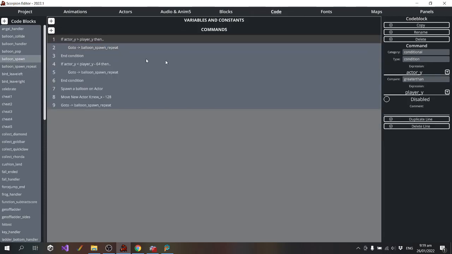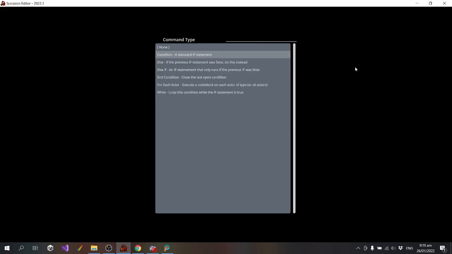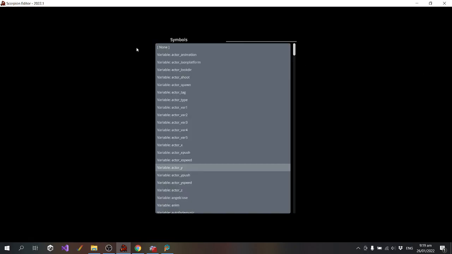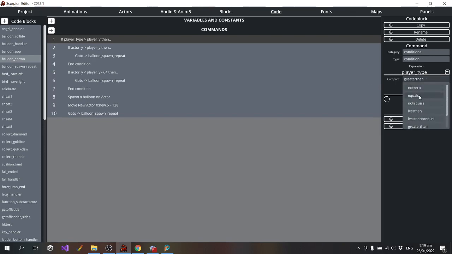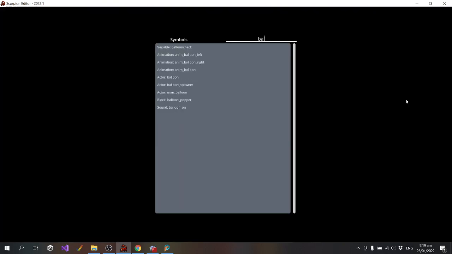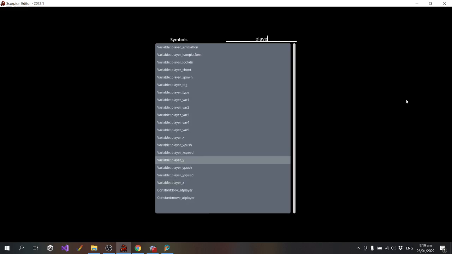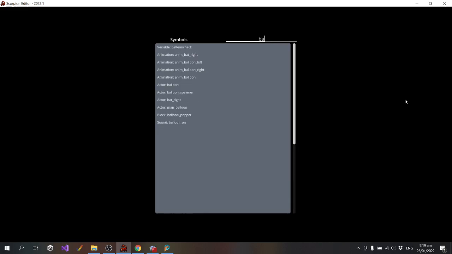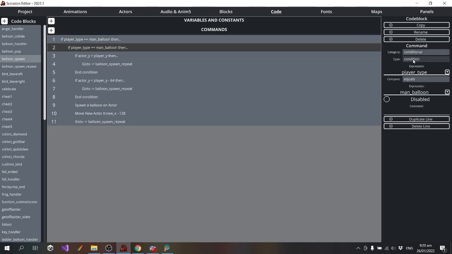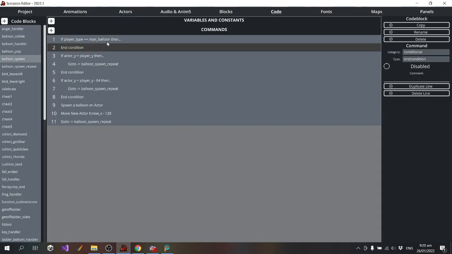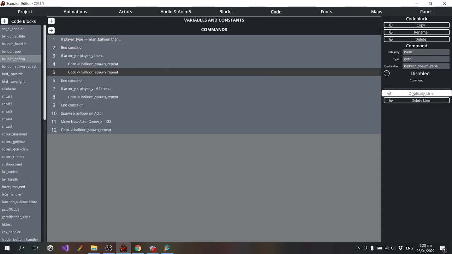All I need to do is add a new condition, and I'm just going to say if the player type equals man balloon, then we don't need to spawn a new one, because we know that the player is actually holding that balloon.